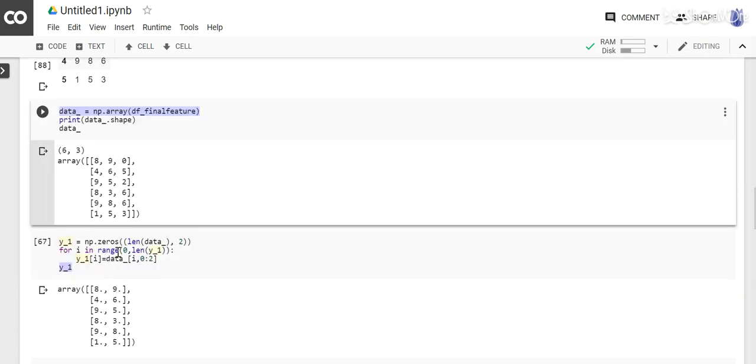After that, I know the shape of the array data hyphen, and I'm going to create another array called y-1. For this array, by default I set all the values to zeros, so I use the function np.zeros, but I set my new array with a certain dimension, the row dimension or the first dimension of the data